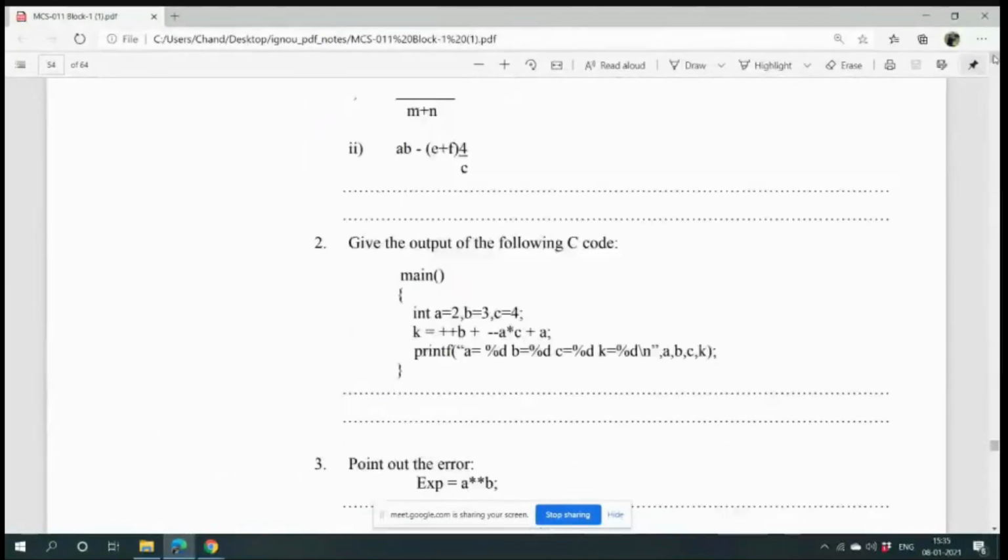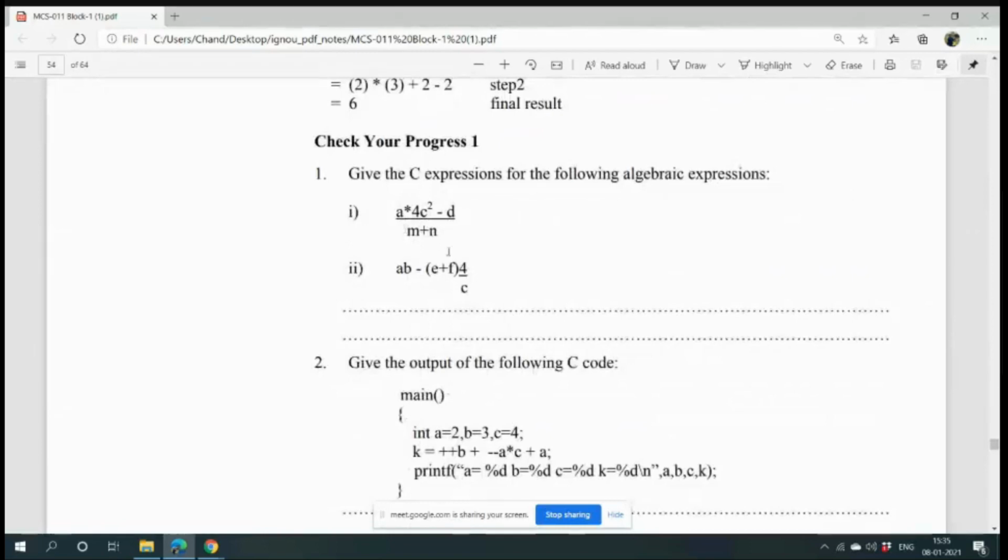Please try this sort of sums at home, because they are also asked in your question paper, like a into 4 into c minus d in bracket slash m plus n. This way it will be represented. So give the C expressions for the following algebraic expression and give the output of the following C code.